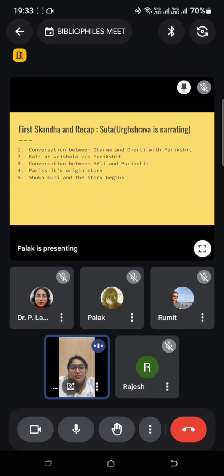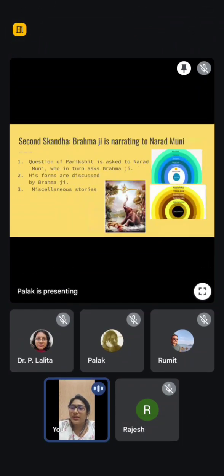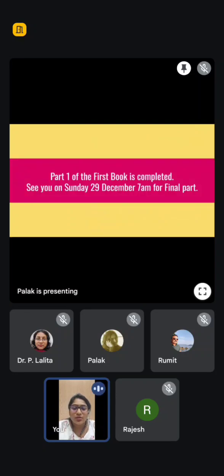Diti is married to Kashyap Muni, and one day she starts to feel the desire to create an offspring, because all the other 11 sisters of Diti have sons and daughters through Kashyap Muni. So she also wanted one offspring. So she approaches Kashyap Muni, but he is in meditation mode. So she asks that I also want to create an offspring, so allow me to do that.